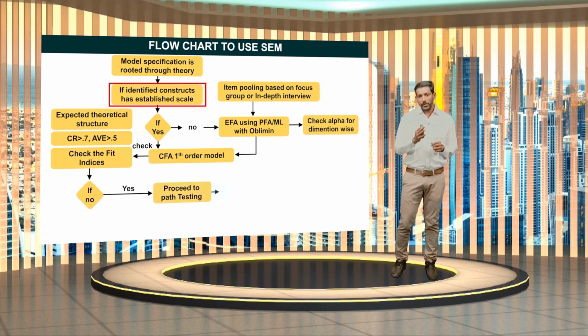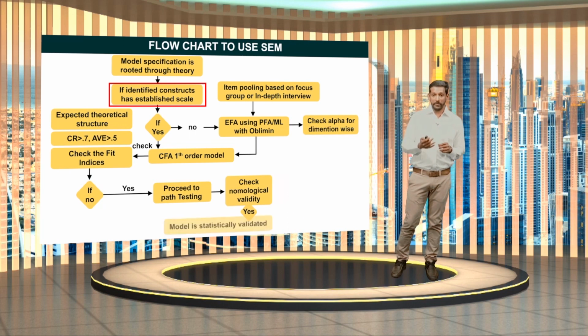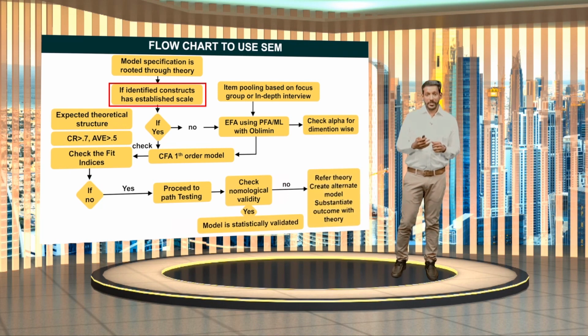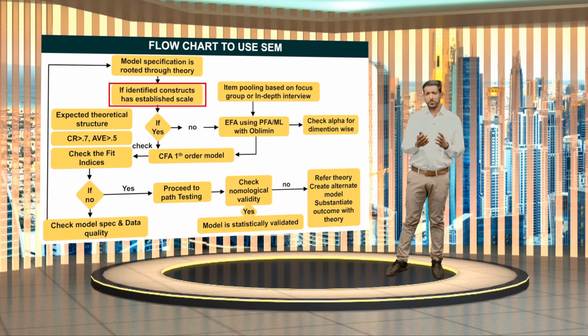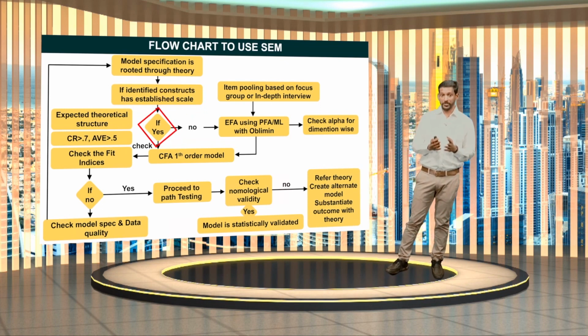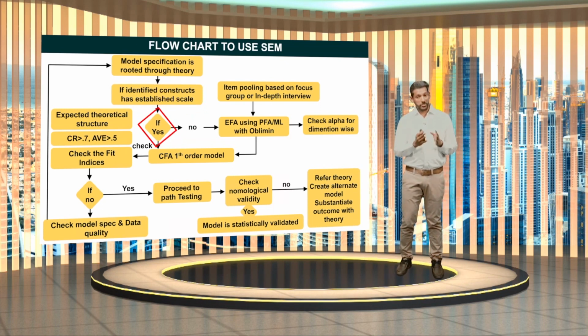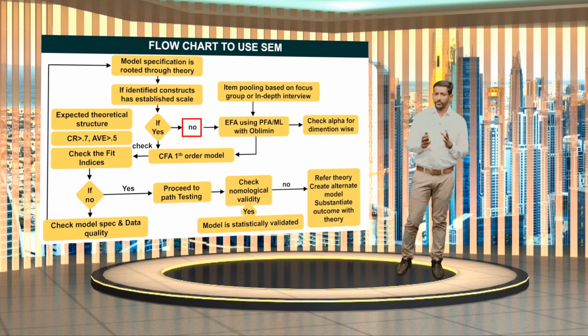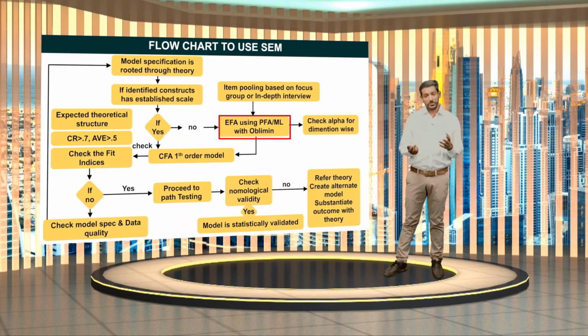Why do we have to bother about this? Because as we are aware, an established scale ensures the reliability and validity of the instrument. So it is better to take the construct which has a well established scale. If the answer is yes, you can proceed to a CFA model. Assume that if the answer is no, then it is better to start by developing an EFA first,